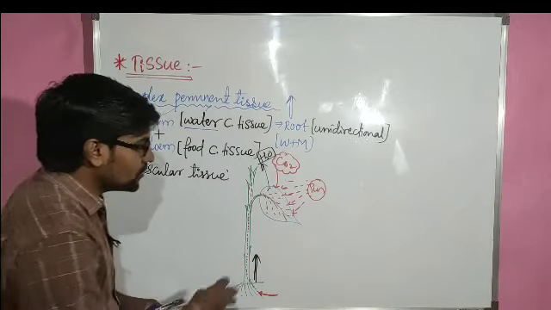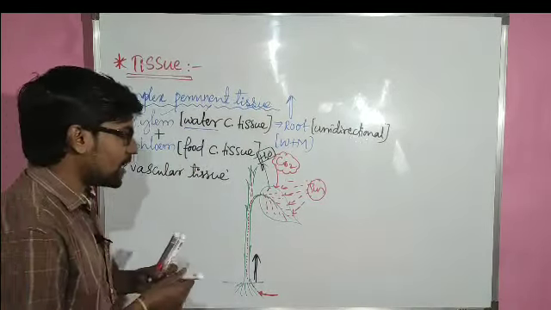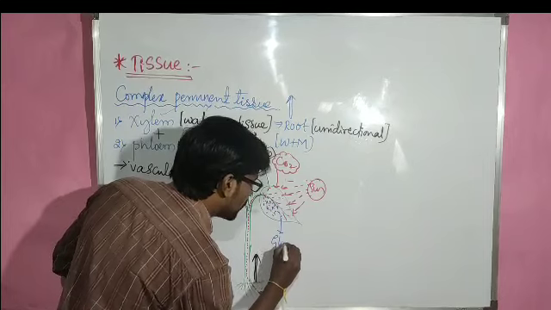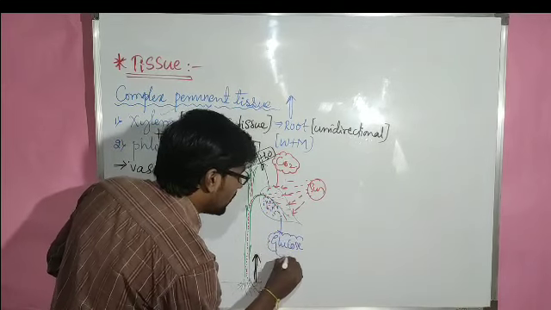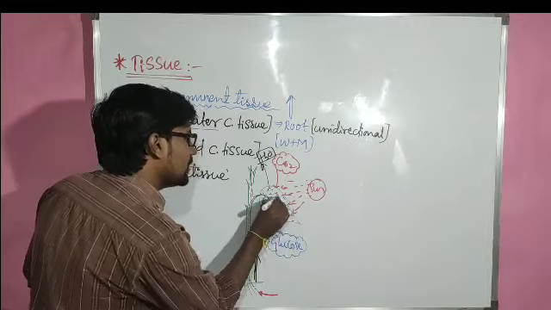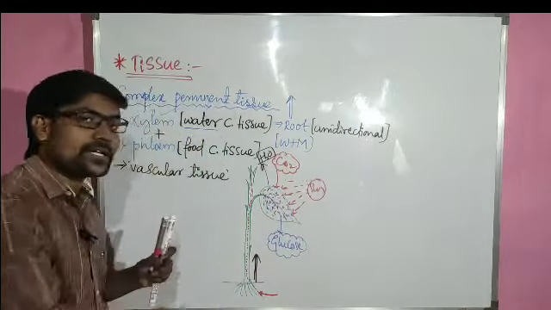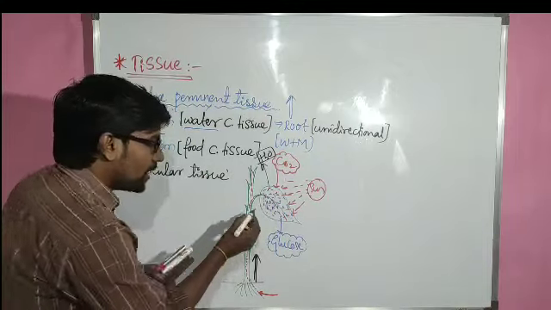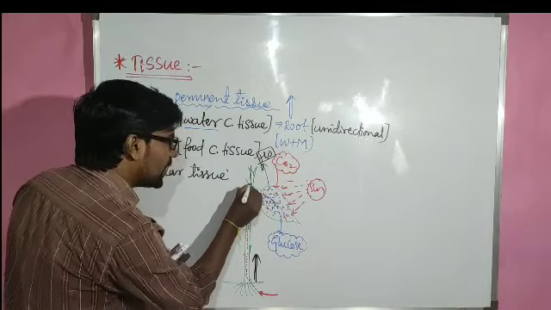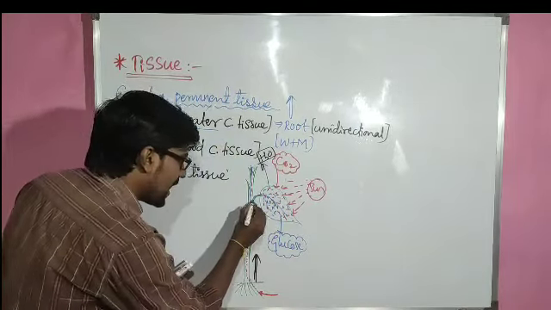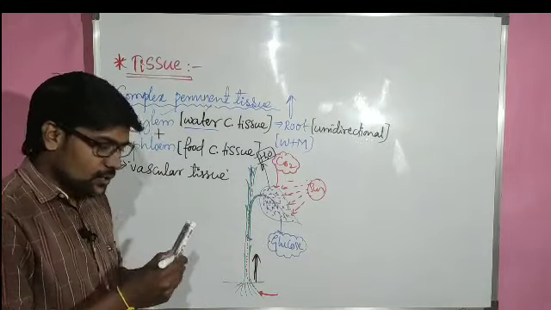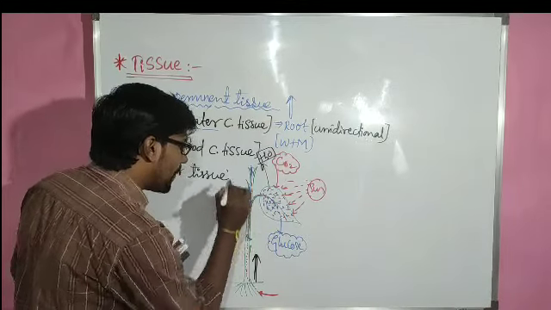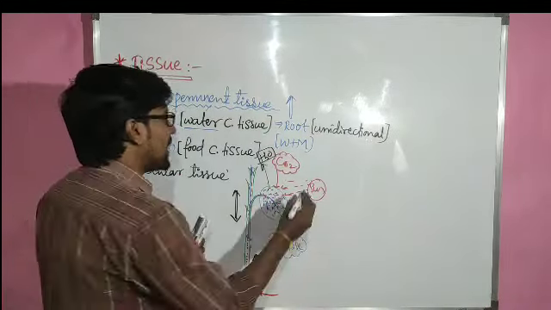Okay, now the leaf is going to produce the food. Imagine the leaf is producing the food. What is that food? That food is glucose. Now the leaf has produced the glucose, and the produced food should be supplied to all parts of the plant body. Why? Because all the parts of the plant body need glucose for energy. This glucose will pass to upper parts as well as lower parts. So what it indicates here is that the phloem direction is bidirectional. Phloem is bidirectional.